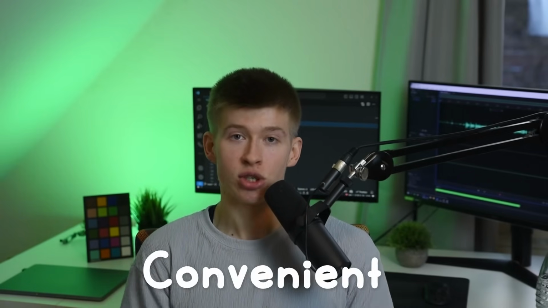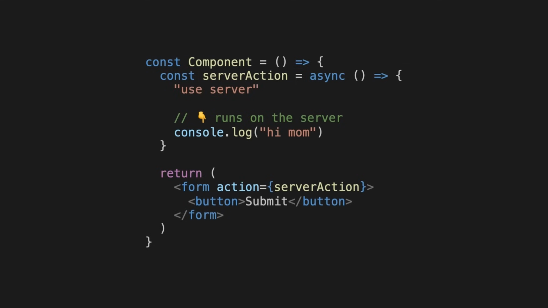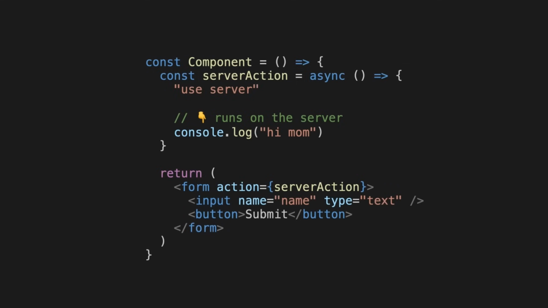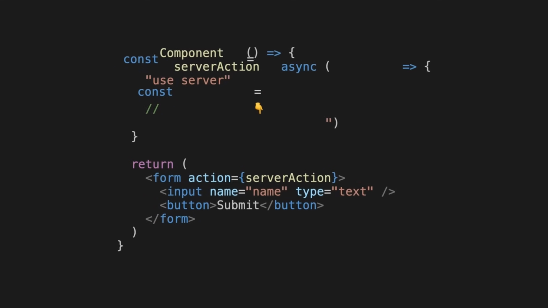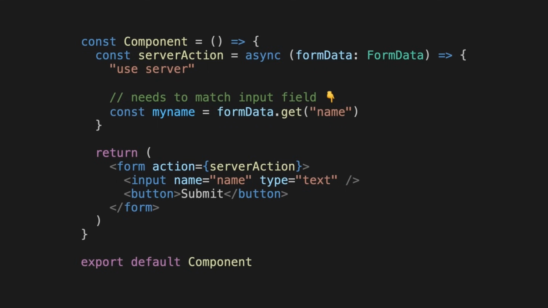And that convenience doesn't just go for the way we declare server actions like you just saw, but that also goes for the way we get data inside of them. Say you had a name input field, which value you want to process in the server action. Simply accept the form data in your function and then get that value from the form data. You can't tell me that's not convenient, especially when you compare to the boilerplate needed to set up traditional API routes. In Ruby, in PHP, in Express, even within Next.js itself, there's a lot more boilerplate involved in setting up